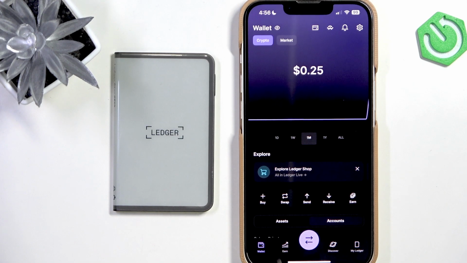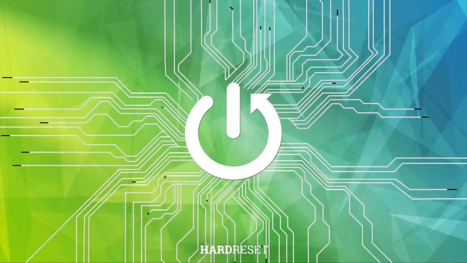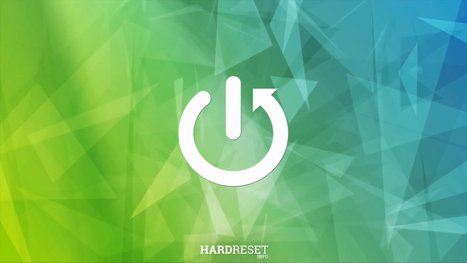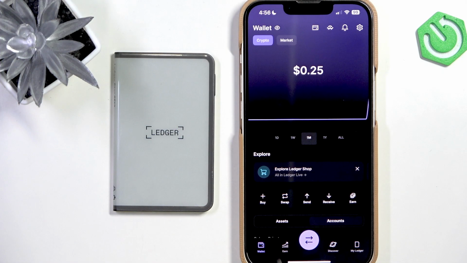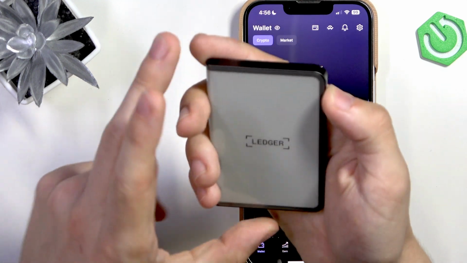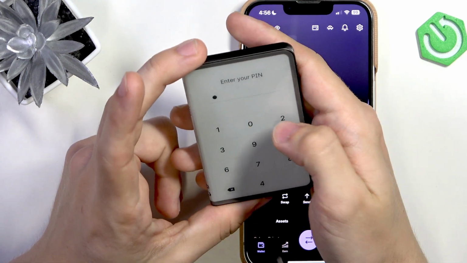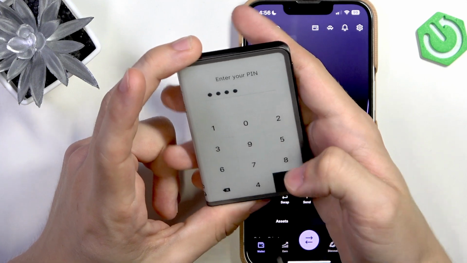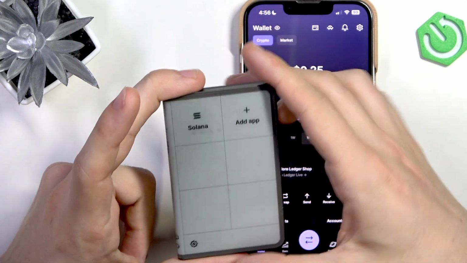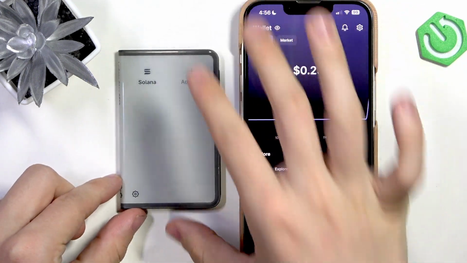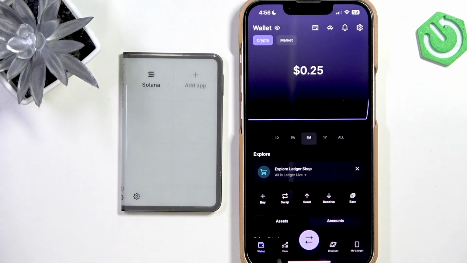Hello, in this video I'm gonna show you how to receive assets on your LEDGER Stax. If you want to receive assets, you'll basically need to first unlock your ledger. So let's do that. Now I'm gonna approve it, and now you will need to have an app for the asset you want to